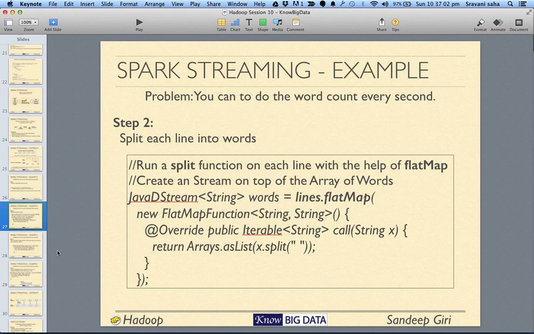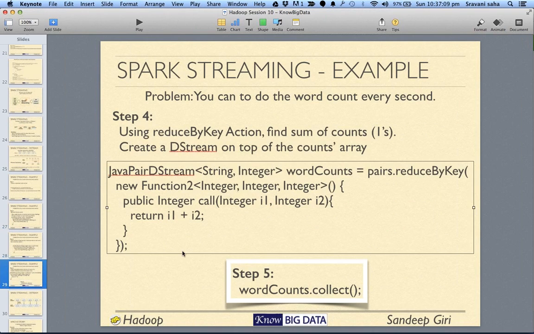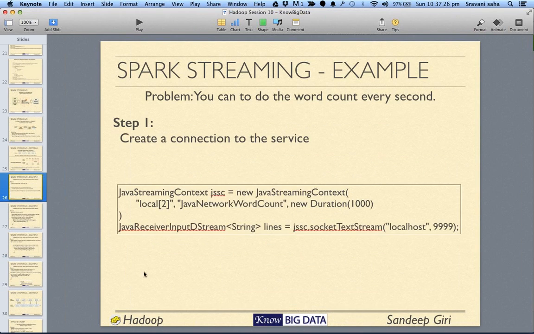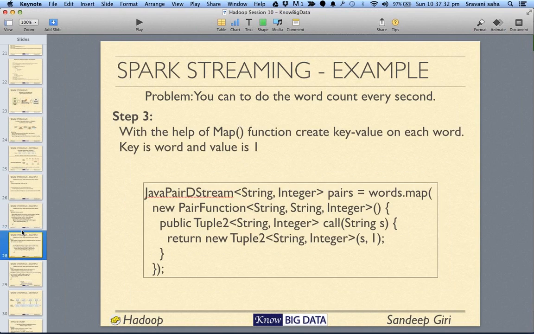On lines we did flatMap, then converted each word into a key-value pair, and after that we did reduceByKey. This gives us the results in the form of per-second word counts, and we keep reading this data again and again and execute all of this simultaneously.